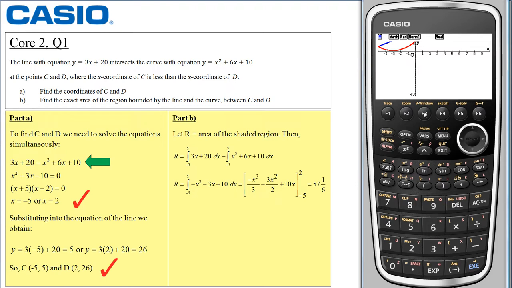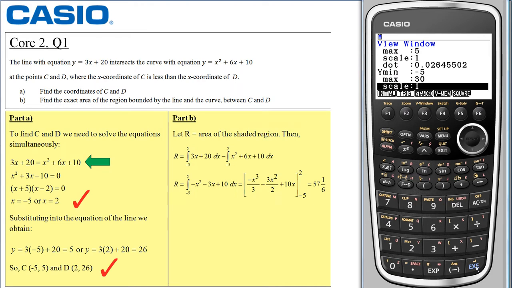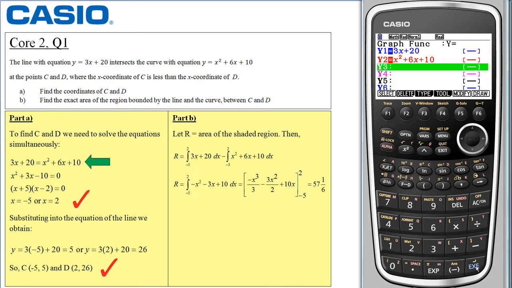So if I select V window, and here I'm going to change the x maximum to 5, and if I scroll down to y, I'll now change that to simply minus 5, and the maximum, let's try 30, and I select execute, and one more time, and now when I select F6 and draw,